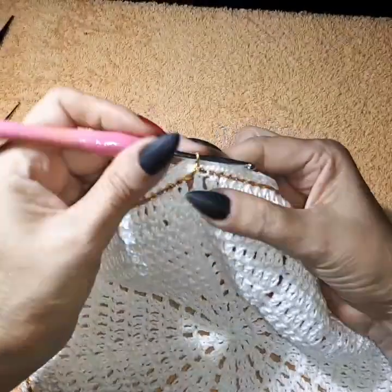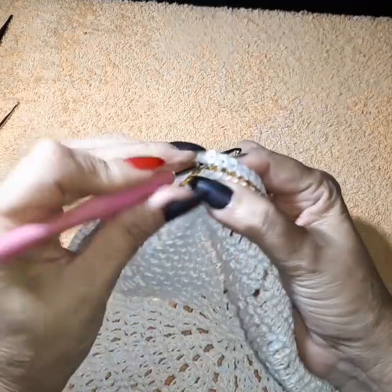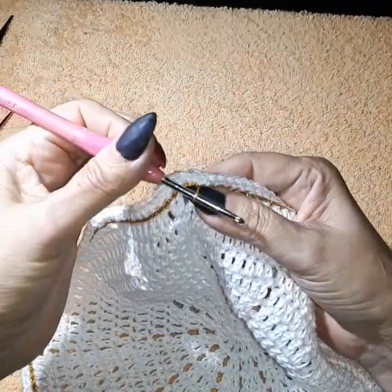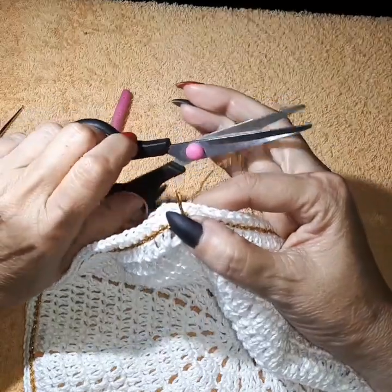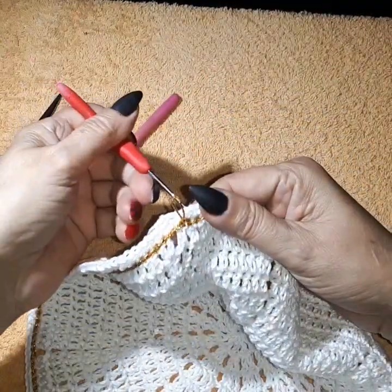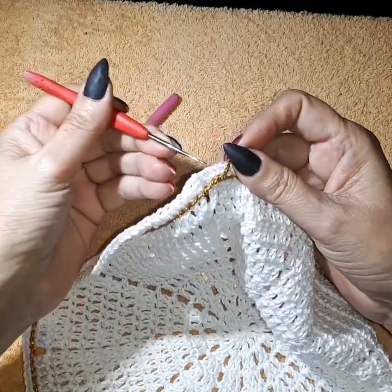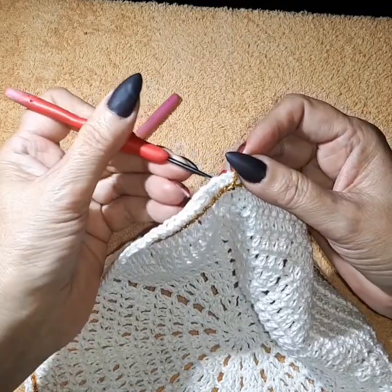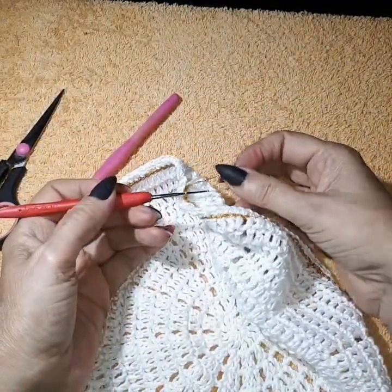Okay, so I've reached the end. I've done it back into the first one I did. I'm just going to go one more just to make sure that it's well put in there. I'm going to cut my thread a little bit longer, and I'm also going to pull this thread to the back by coming from the back, pulling it, and bringing it to the back, just like that. And then I'm going to make a knot,